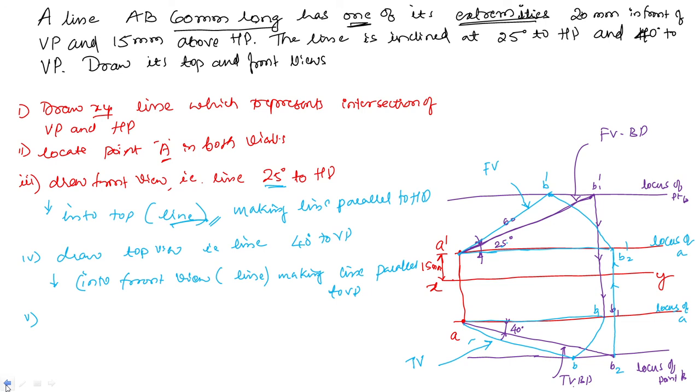Sir, from which point should the arc be taken? Now look, this is the top view, right? This is our top view. Which one is AB2? AB2 is the top view. Now from the B2 point, draw a vertical line, which is going to trace and intersect the locus of A in front view.